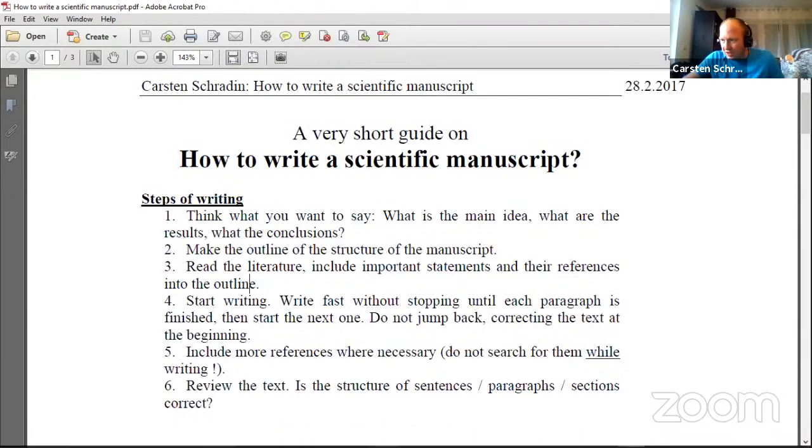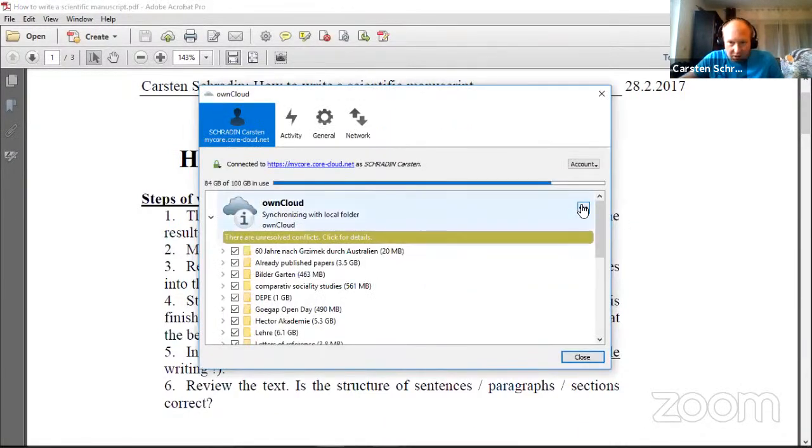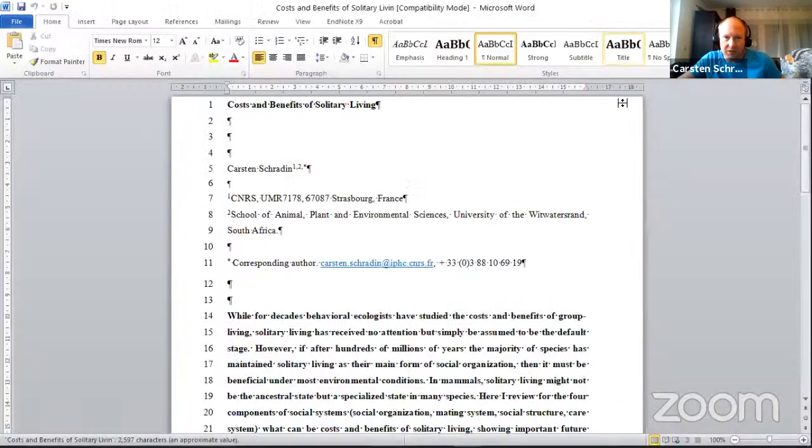I can show you an example actually, because I started on a new manuscript, I think last week or so. That is a potential review. I mean, Charlotte knows I want to work on this, about costs and benefits of group living. And there, I only started last week, and this is exactly what I did as the title,